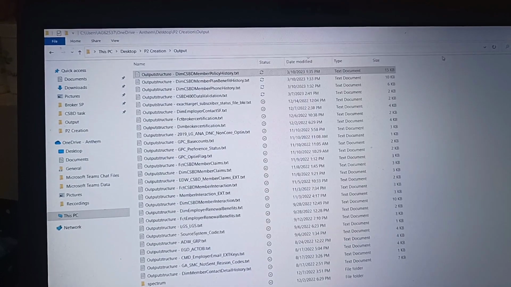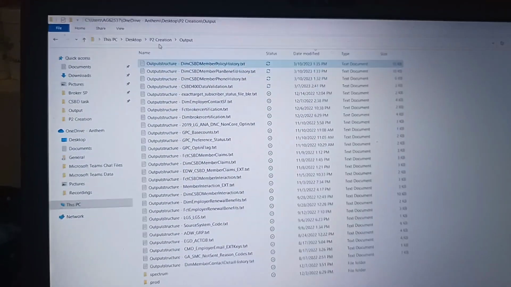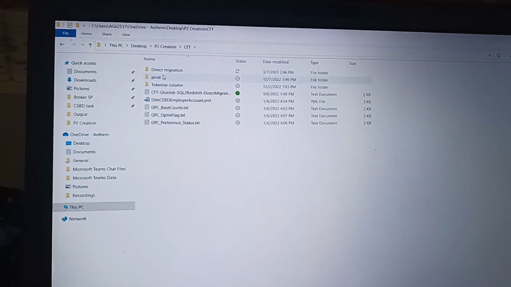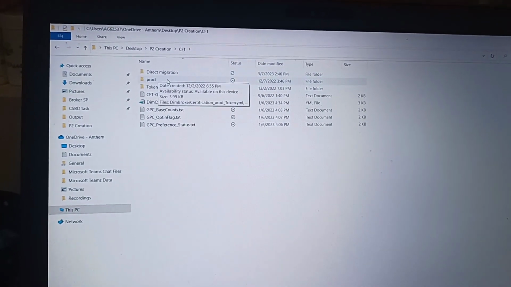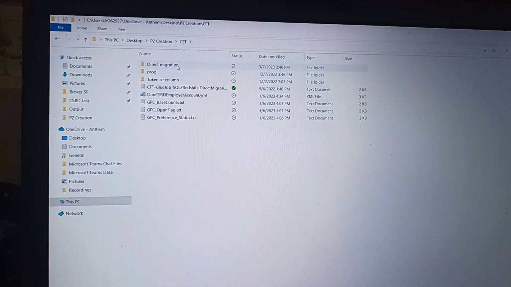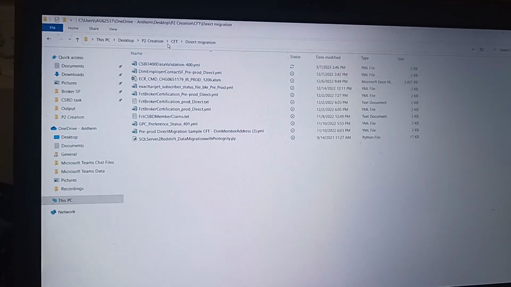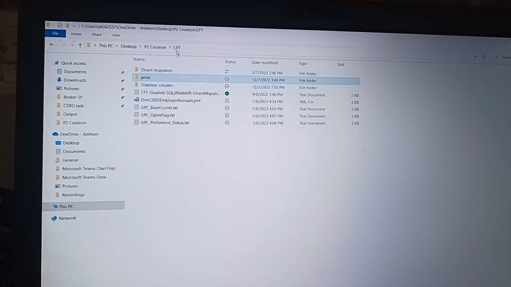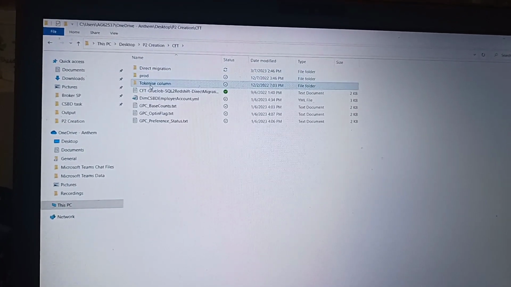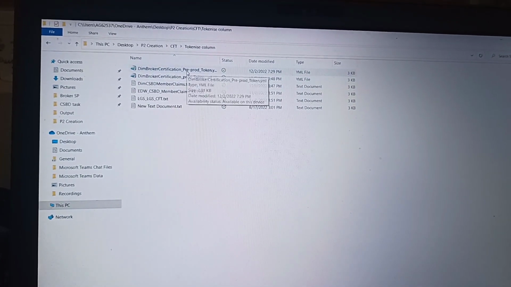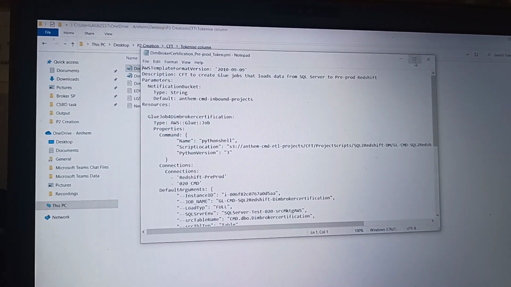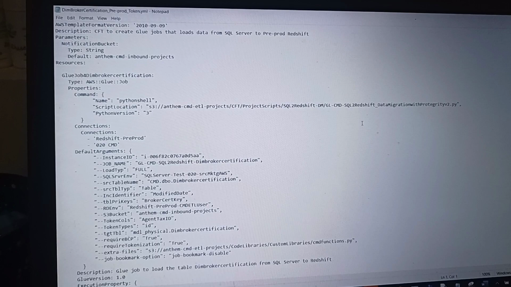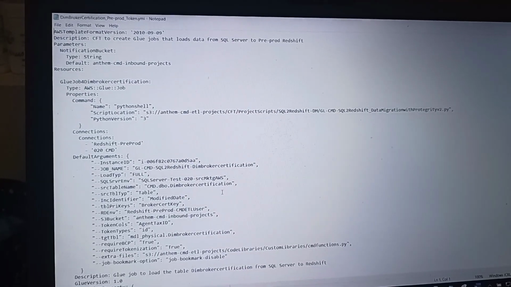Once it is done, you have to create a CFT. In the CFT there are two types, one is tokenized and one is non-tokenized. Let's go through the first one, the tokenized column. Here this is the YAML script. This is the kind of template which we are using to create